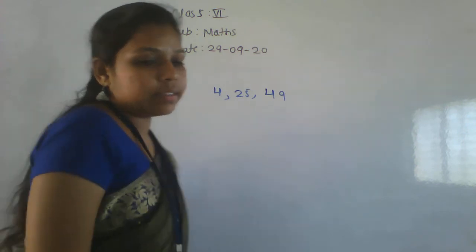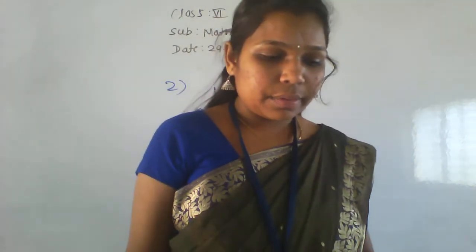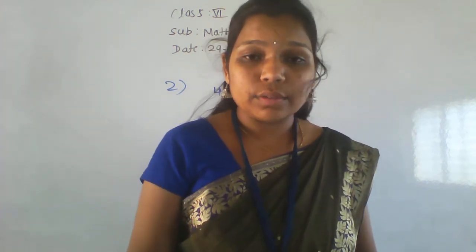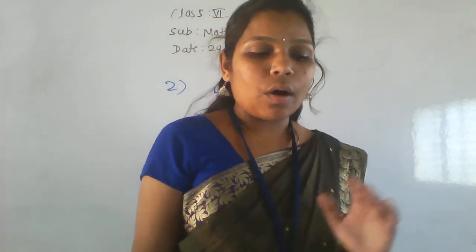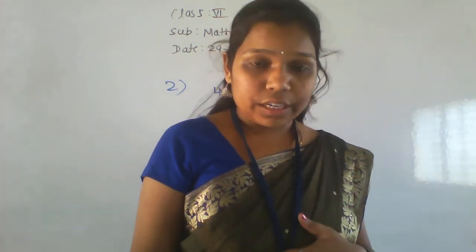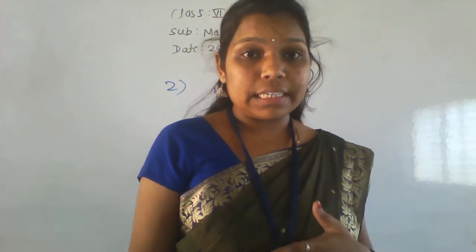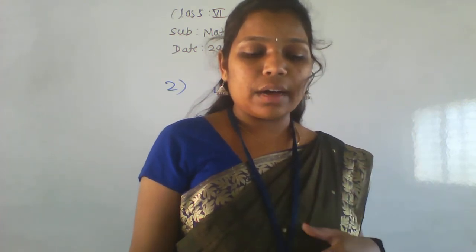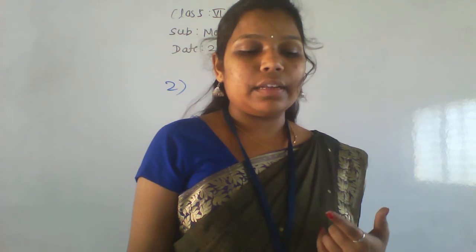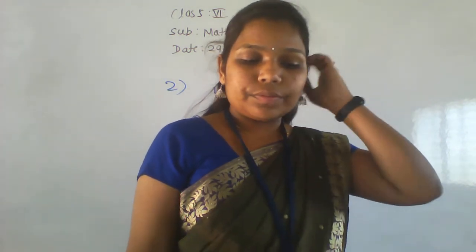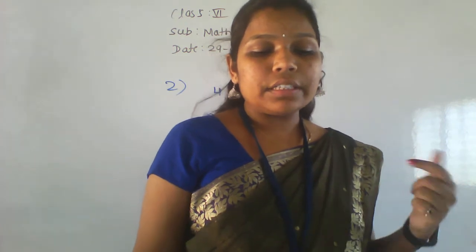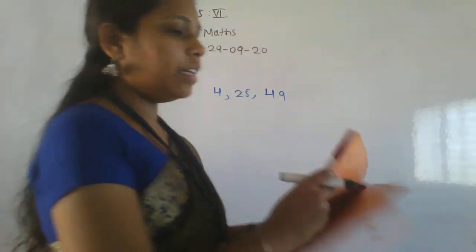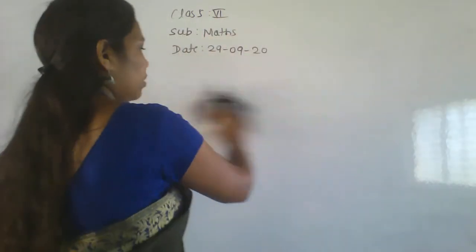Okay. Next go for the third main. Third main is: choose all the numbers from the following numbers that are not multiples of 6. So they given some numbers here, and we have to select the ones which are not a multiple of 6. First write down what are the numbers they given here.